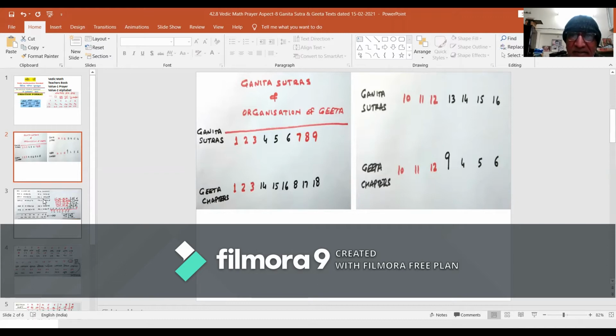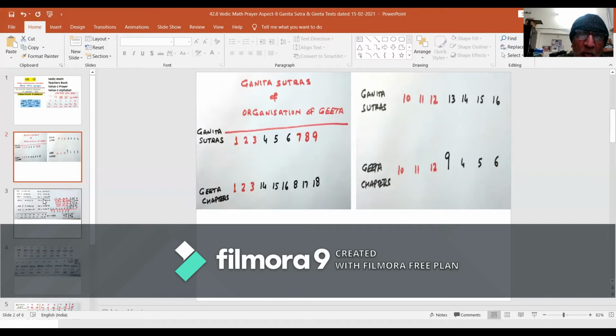Let us arrange the Ganita Sutras as 1 to 16 and Gita chapters as 1 to 18. See the expression tabulation on the computer screen.